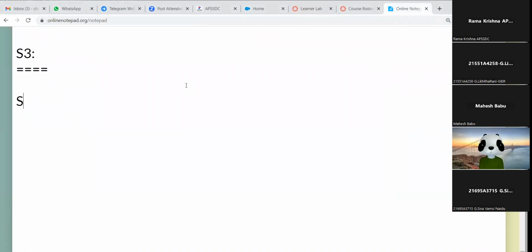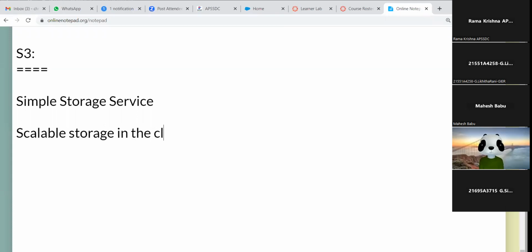Already in yesterday's session I also explained about this Simple Storage Service. By using this Simple Storage Service, we can store any amount of data. That means scalable storage in the cloud. Okay, in the AWS cloud, if you want to store or retrieve any amount of the